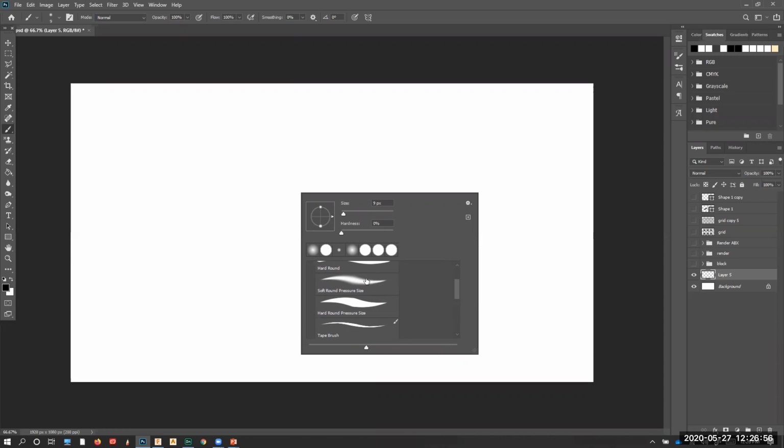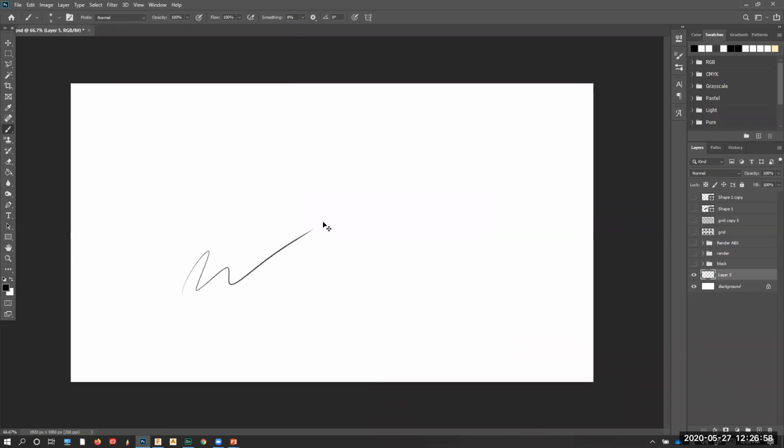And so for me, when I'm doing line work, I just want something that's going to give me a nice clean line. I will go into my flow here, and usually I like to bring it around 50% or so. That way I can build up lines. And then the opacity as well, I can bring that down into the 60 range. So here again, we'll get started with just a nice